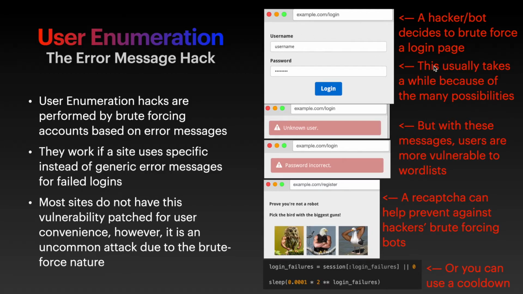This usually takes a long time because of the many possibilities. But see, if a site says unknown user or password incorrect, it makes it a lot easier, right? So users are more vulnerable to things like word lists. So word lists are brute forcing mechanisms which guess passwords based on commonly used words in passwords. The good news is that a reCAPTCHA can help prevent against hackers brute forcing bots, or you can use some